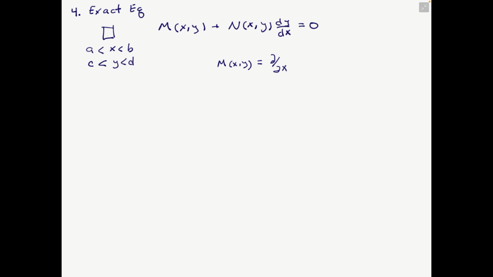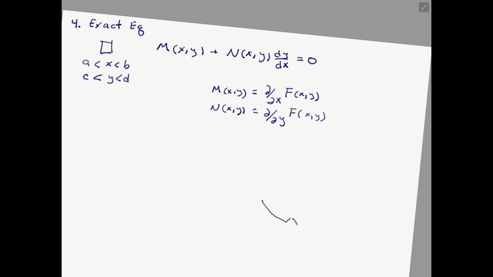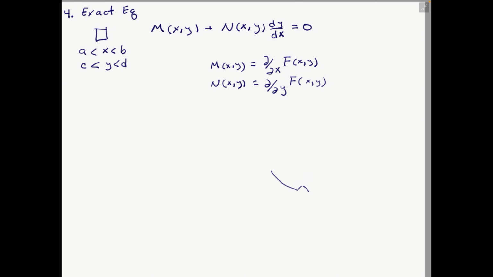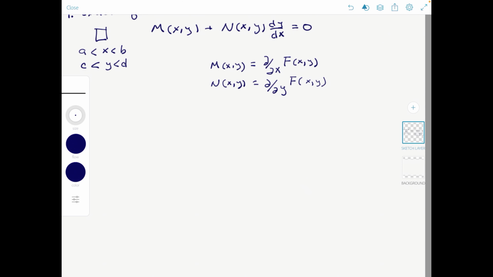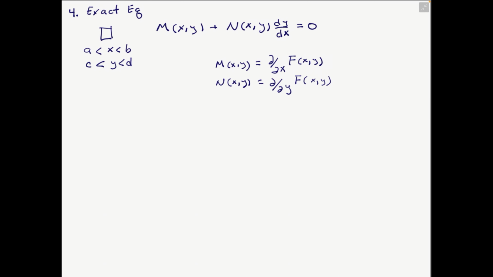Now, we say that M of x, y is the result of some partial differential of some function, dx of some function of x and y, and we say N of x and y is the differential with respect to y of the same function of x and y. And so, if the equation is exact,